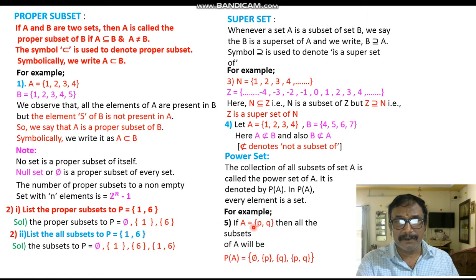Let A be the set of p, q. Then all the subsets of A will be the phi, the set of p, the set of q and the set of p, q. If these are included in a set, that set is said to be the power set of A. So that is the concept of